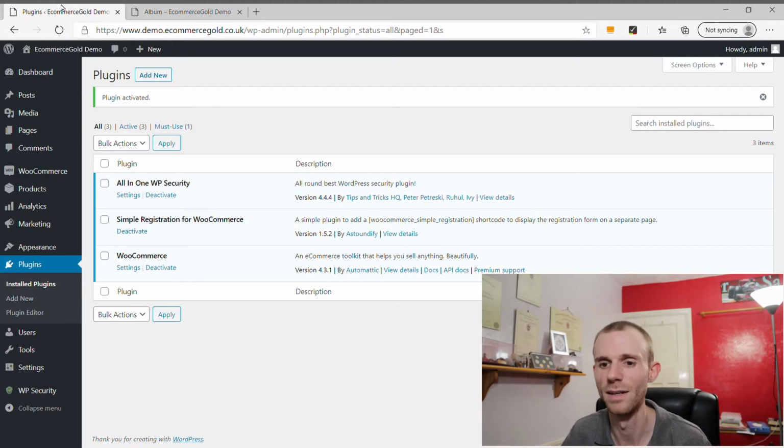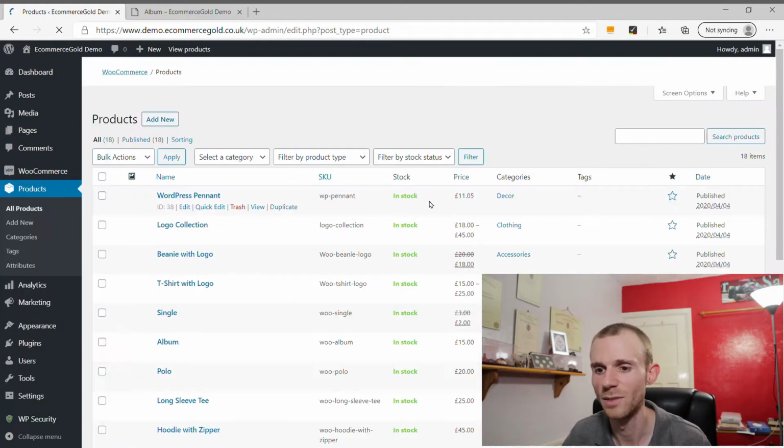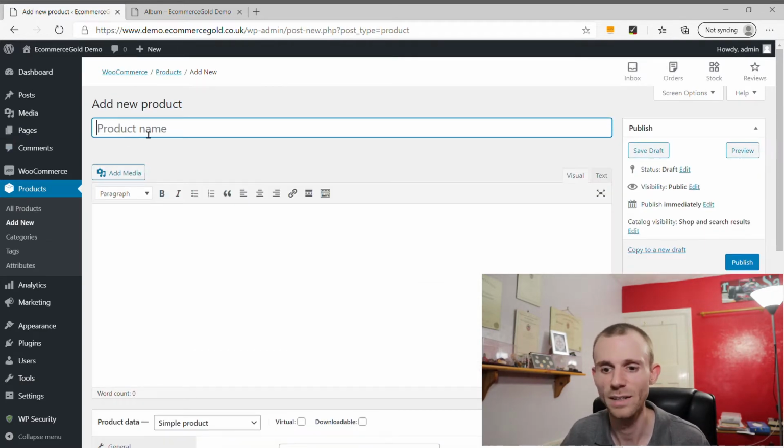But what about the back end? Well, on the back end, it's really quite simple to use because it does add all the product and order functionality that you need, especially when you install that additional PDF invoices and packing slip plugin. Now, to add a new product and add new categories, get it all started is really simple. Just click on products, and it will take you to a list of all your existing products, and you just want to click add new, and it will take you to the add new product page, where it's a really